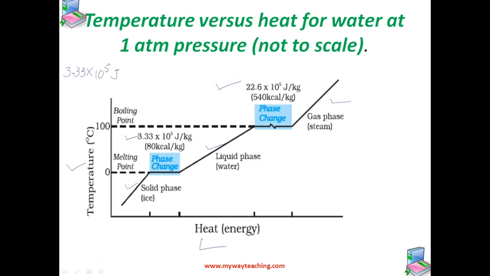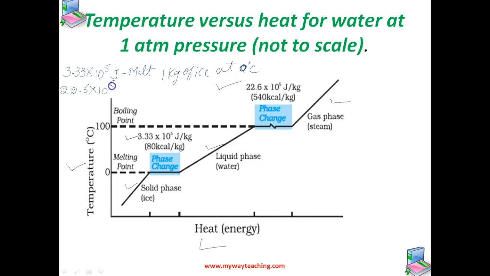of heat is needed to melt 1 kg of ice at 0 degrees Celsius. Okay, the meaning of this is this only: 3.33 into 10 raised to 5 joules of heat energy is required to melt 1 kg of ice at 0 degrees Celsius, and